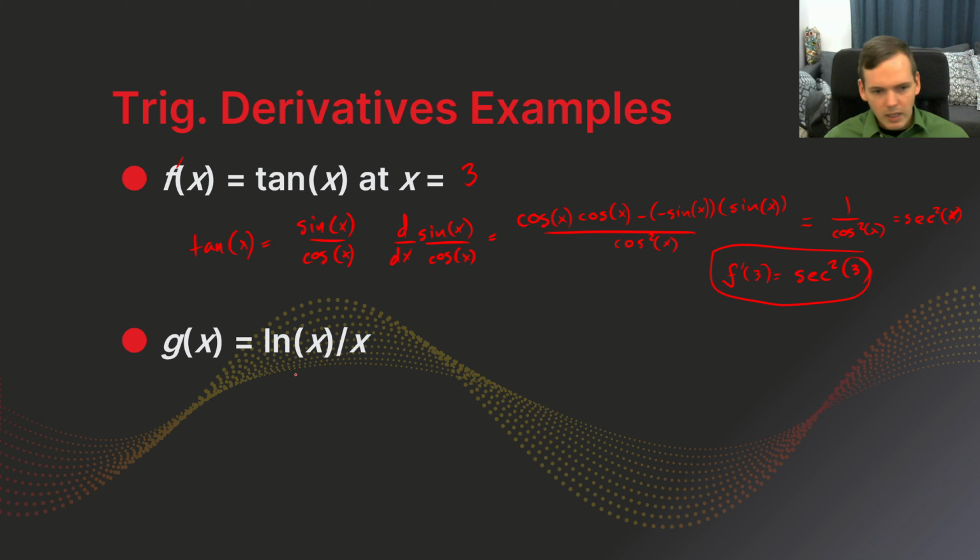This is not actually a trig function, so let's change it a little bit. Let's do the derivative of cosecant of x. So cosecant is 1 over,